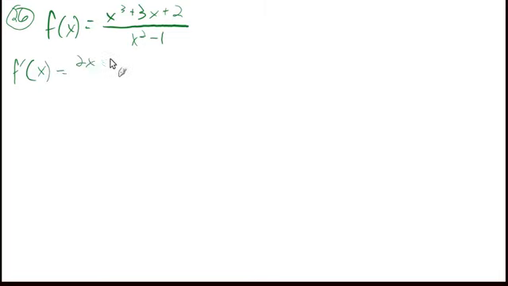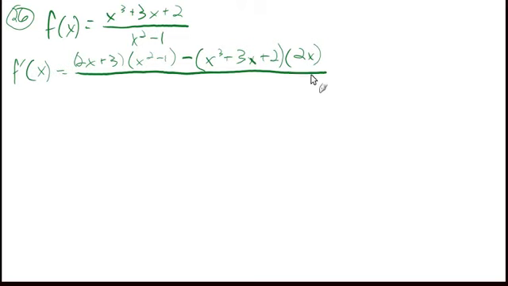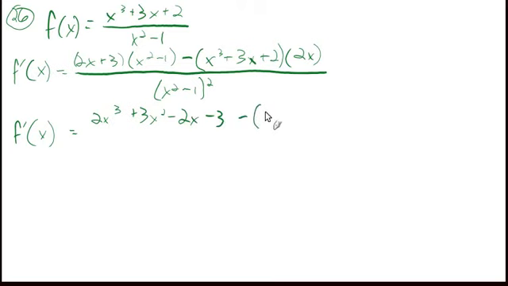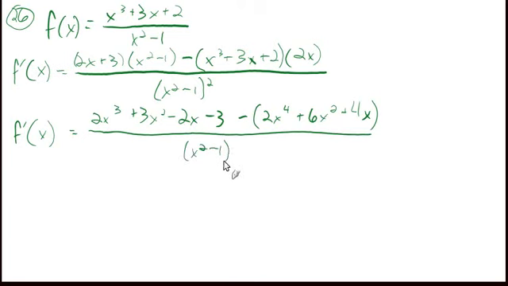Derivative of the numerator, 2x plus 3, that's going to get multiplied by the denominator, minus the numerator left alone, not differentiated, times the derivative of the denominator, all over that. 2x to the 3rd, 3x squared, minus 2x, minus 3, minus 2x to the 4th, plus 6x squared, plus 4x, over x squared minus 1 squared. f prime of x equals,